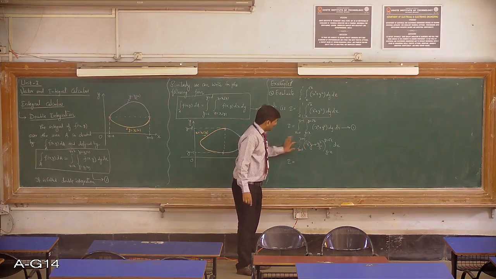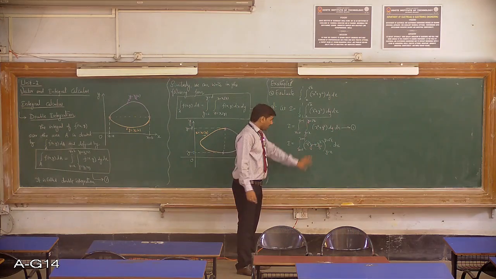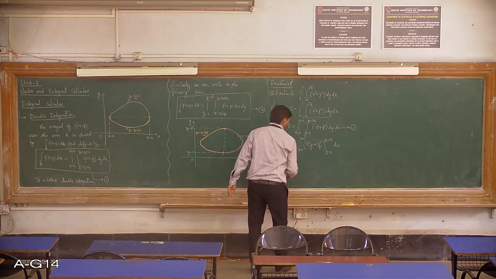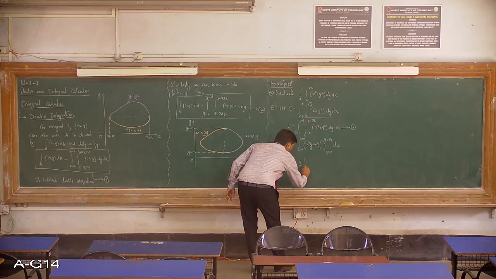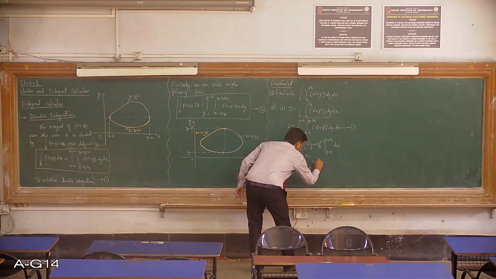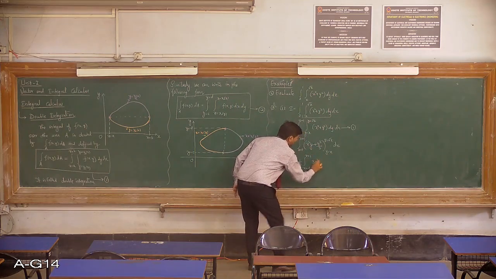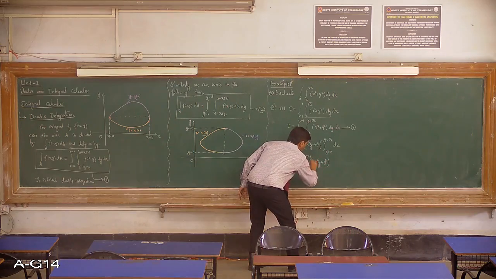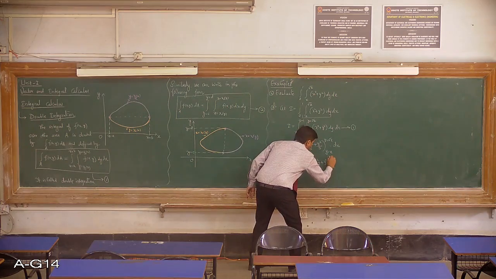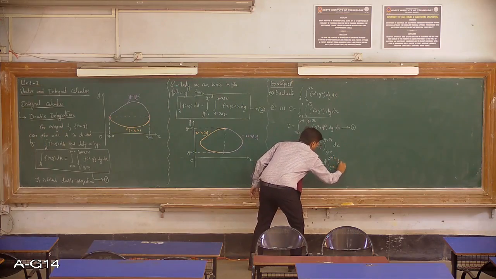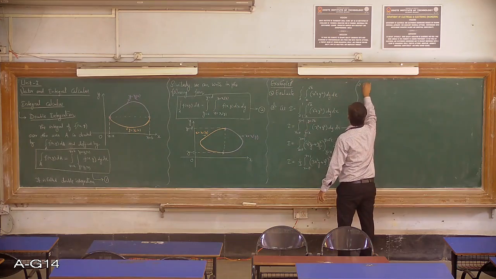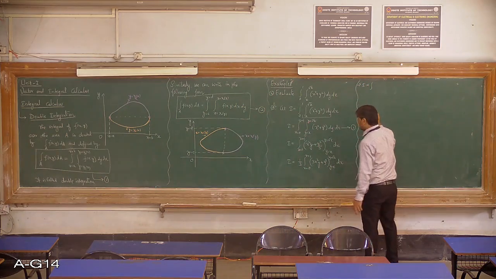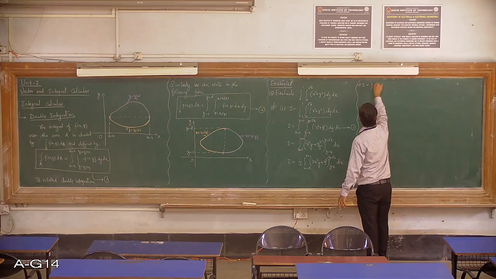Okay, so now in the next step, if you want, you can take the LCM and keep that 1 by 3 outside, otherwise you can keep it there only, no problem. If you want to take 1 by 3 outside, then I'll write 1 by 3 out, because it is a constant. So x equals 0 to x equals 1, this becomes 3x square y, by taking the LCM, plus y cube, limits from y equals x to y equals root x, into dx. Next, which implies that I is equal to 1 by 3 integration